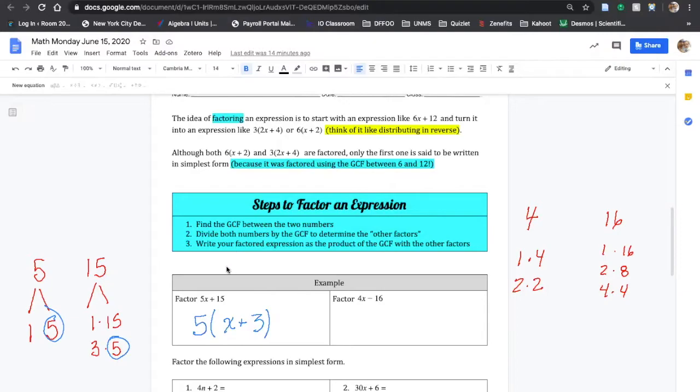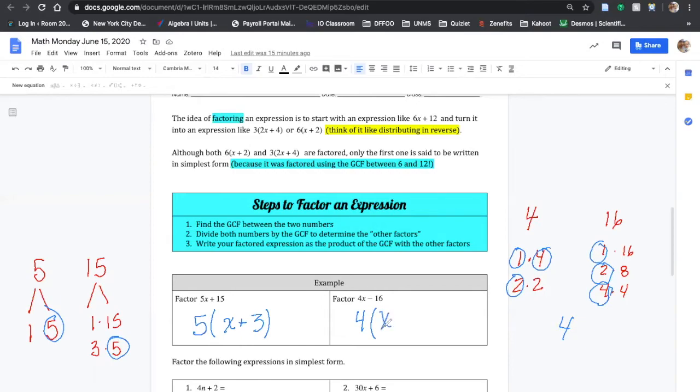Now, just like before, I'm going to first figure out what's the greatest common factor between the two, right? So my common factors actually have a lot here. I have 1, 2, and 4. Again, over here, 1, 2, and 4. So again, when you factor this, you want to use the greatest of the common factors, which in this case is 4. So to factor this, I'm going to say it's 4 multiplied by 4 times 1 gives me 4,